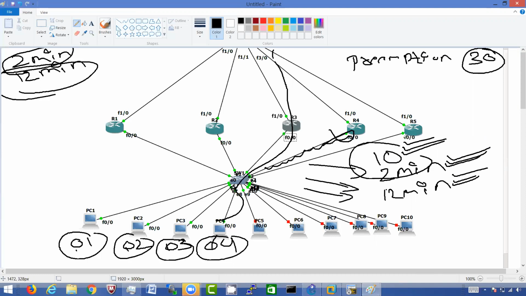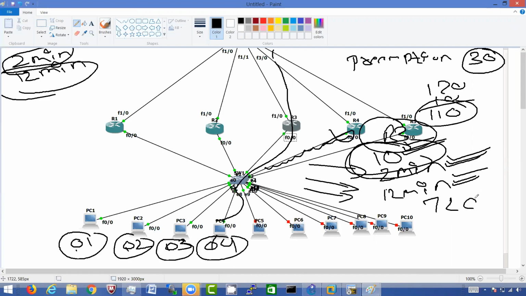If I take the example of R3, let's say this router is R3, so this R3 was not receiving the messages from R4. So what will happen once this timer expires? That means your redirect timer has also expired, from 120 seconds minus 10 seconds, it is around 110 or 109 seconds, and my forwarder timeout was 12 hours, that is 720 minutes